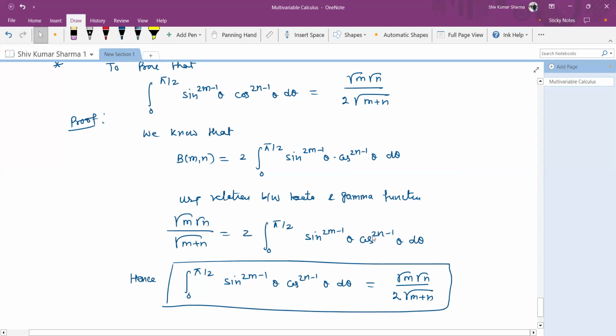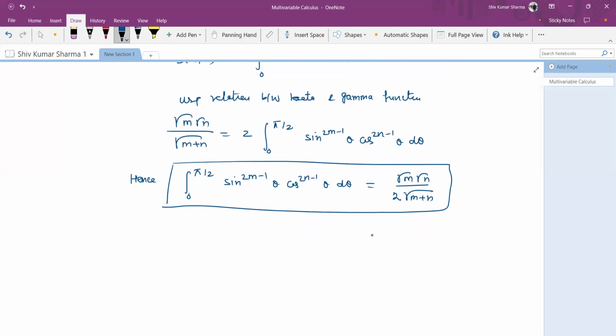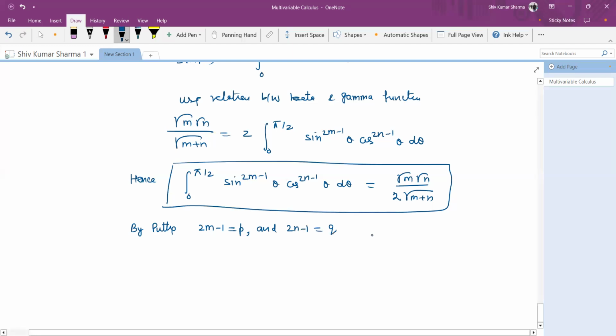Now we can extend this result. When we extend this result by putting 2m minus 1 equal to p and 2n minus 1 equal to q, then we get integral 0 to pi by 2 sine raised to the power p theta cos raised to the power q theta d theta is equal to